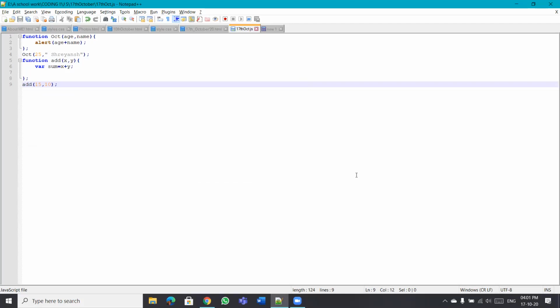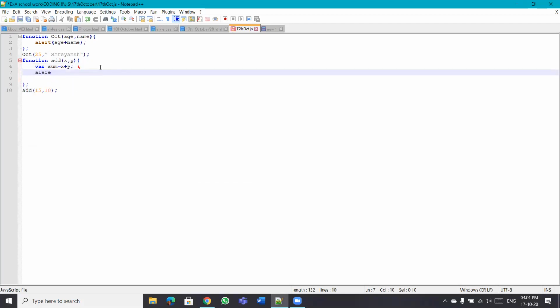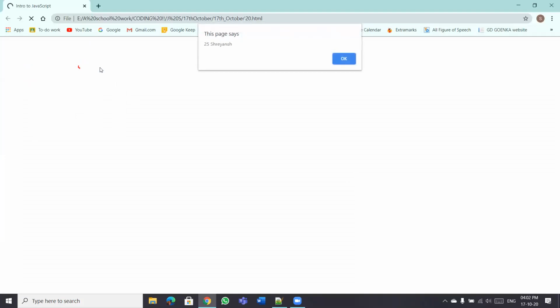Can you put alert within the function? Because we have to see the result. Alert in bracket sum. Okay, let's see. Okay, 25.